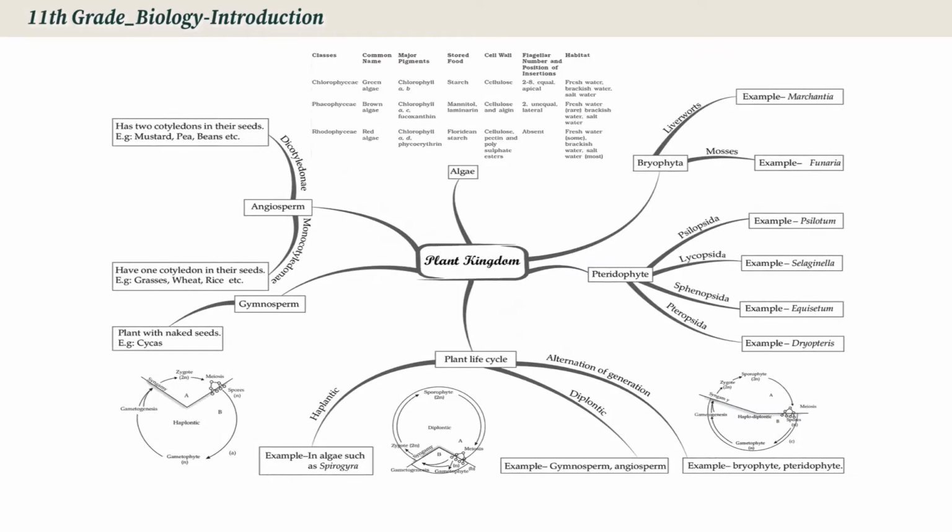In this 5 kingdom system of classification, we are going to start from kingdom Monera, Protista, Mycota, Metaphyta and Metazoa. So in these 5 kingdoms, we are going to focus on Monera, Protista, Mycota, Metaphyta. And in Metaphyta, again, we have subdivisions like that of bryophytes, pteridophytes, gymnosperms and angiosperms. In detail, we are going to study the characters of each and every division which is present here with examples,